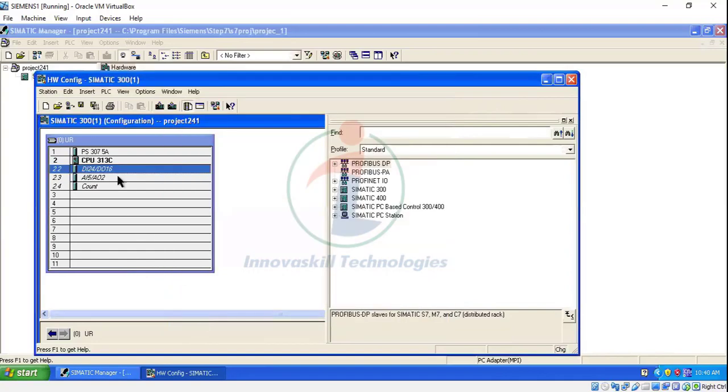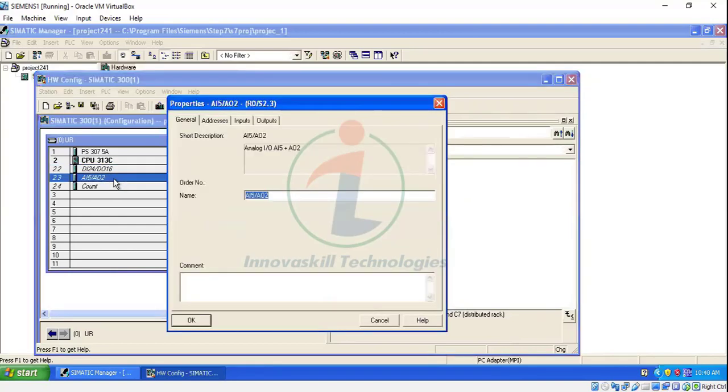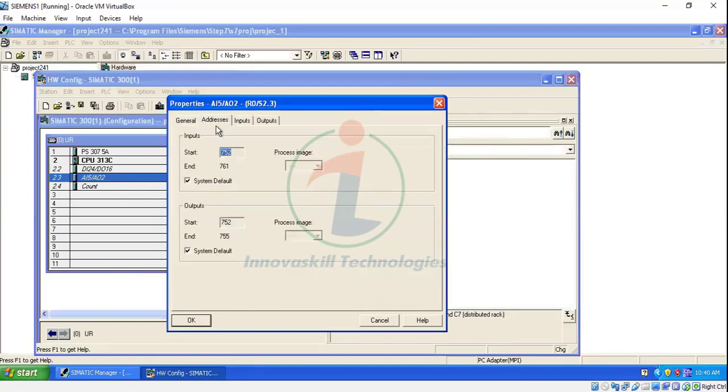Next what we have to do is double click analog input 5 and analog output 2. Double click that, select addresses. After selecting addresses, we have to disable the system default. After disabling system default, what we have to do here is change this to 3. Why?